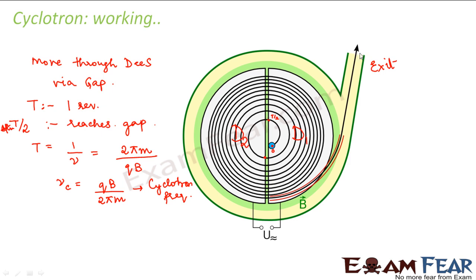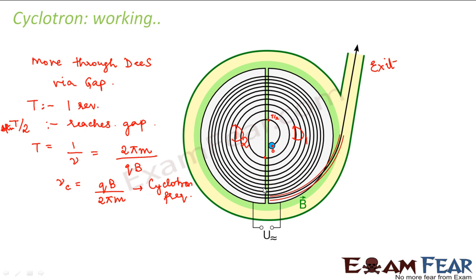So what is the result? The result is that the particle got accelerated many times. For example, the particle crossed all these regions, so how many times did it get accelerated? Let us suppose the particle started from here. It first got accelerated here, then 3, 4, 5, 6, 7, 8, 9, 10. You just see how many times the particle got accelerated.